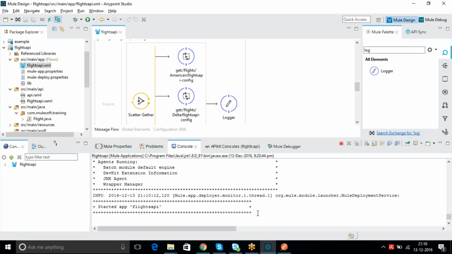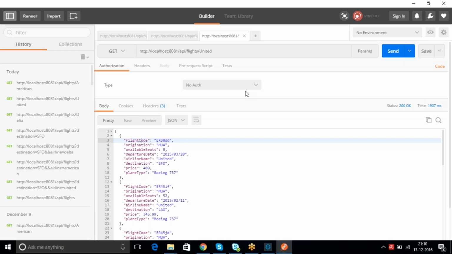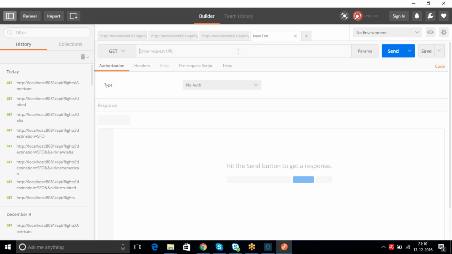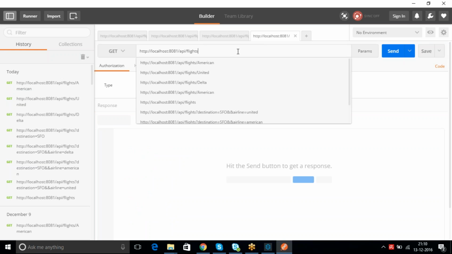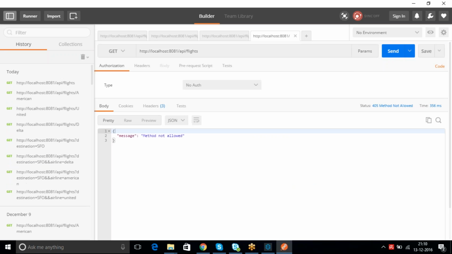Okay, now you go and see that. What is your endpoint this time? Is it United, American, or something else? No, it's just the flights endpoint. I'm not going to hit any specific American, United or Delta. I want to get all the flights information, so I'm hitting the flights endpoint. In this case, what I'm expecting